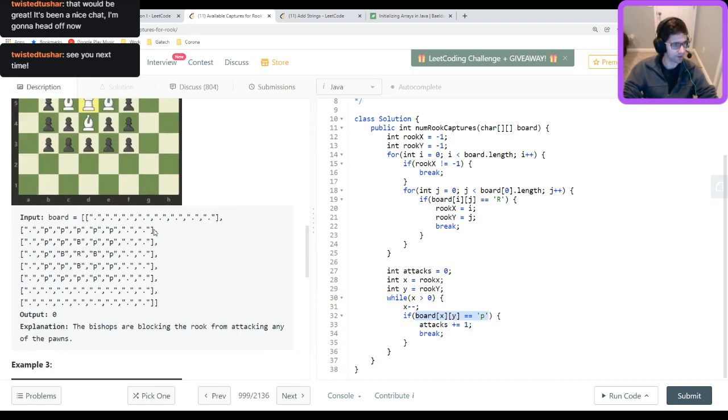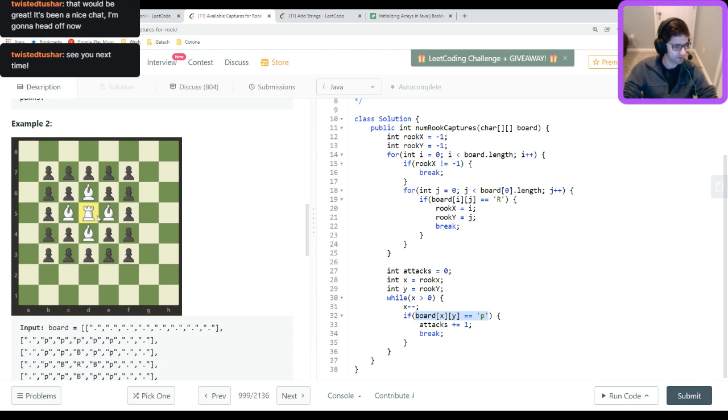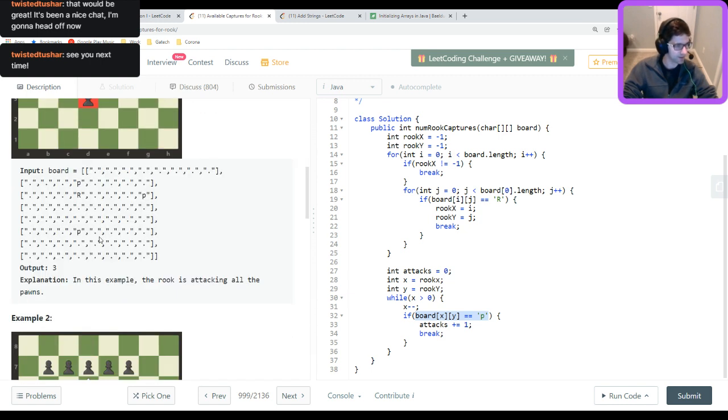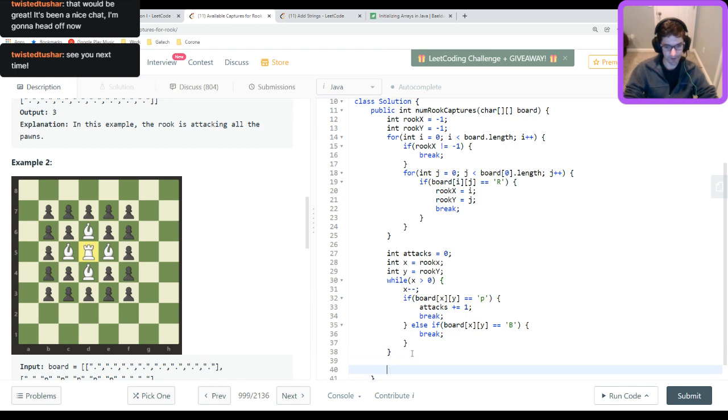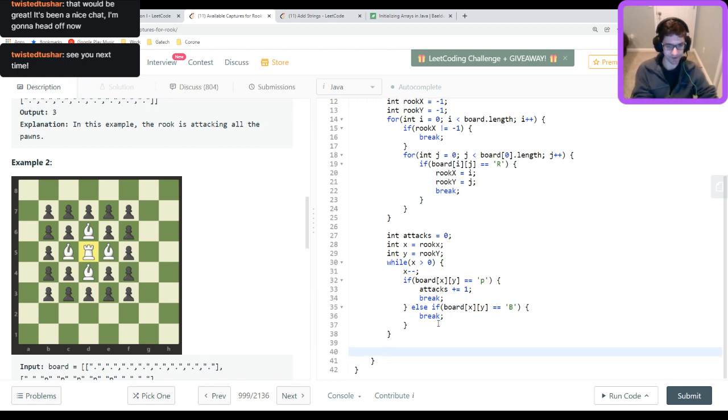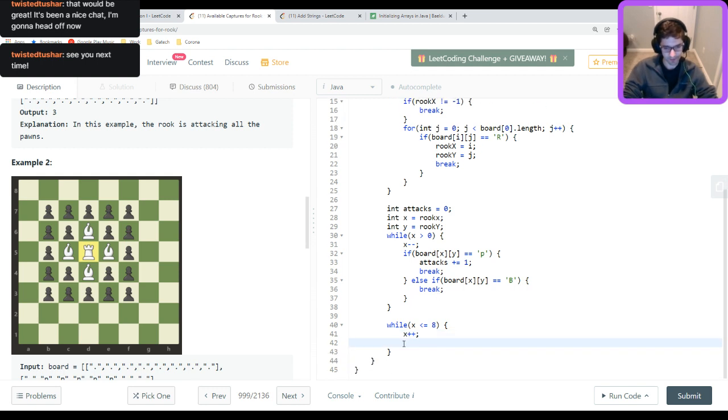I wouldn't want to include extra pawns on this path, which I guess I wouldn't in this scenario, but if there's a pawn behind this pawn, I wouldn't want to include it. And else if board at x, y is equal to a b, break. Okay, and then we need to go the other direction. So then while x is less than or equal to 8, x plus plus, and we're actually going to